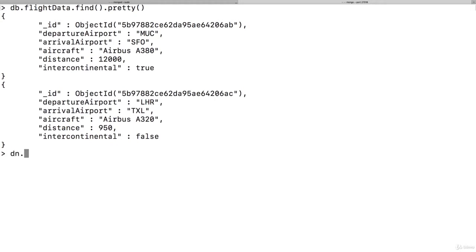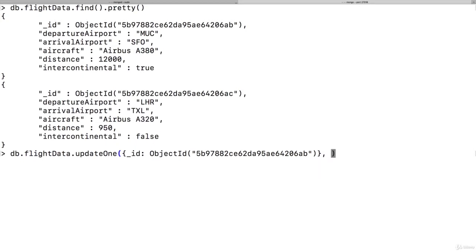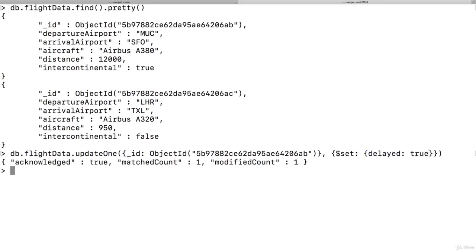or not. Now we can do that by accessing flight data here, and then using updateOne. And I can filter by ID. We can copy that object ID, and it's important that you copy the whole object. We could filter for _id with this object ID. Now this will select this first flight, and now you learned we can pass a document with $set where we can tell what to change. For example, can set delayed to true. If I now hit enter, this was accepted.